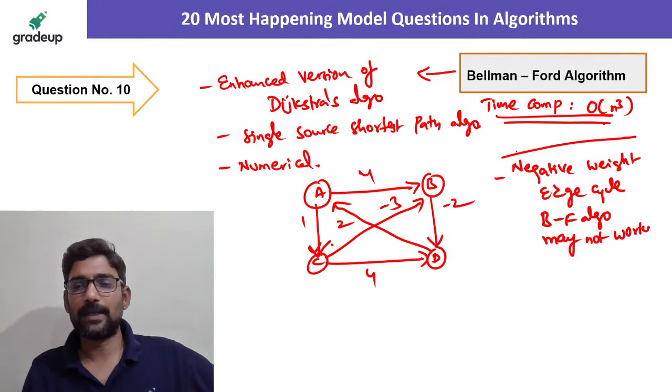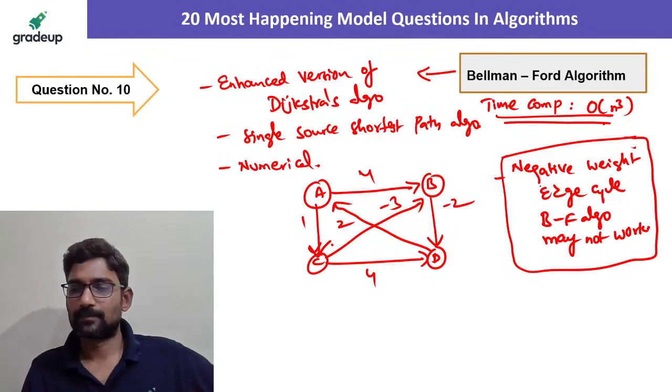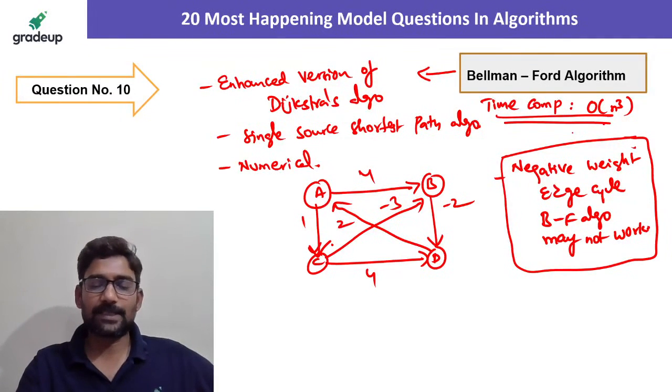But the beauty is it can detect that there is a negative weight edge cycle, right? Next is